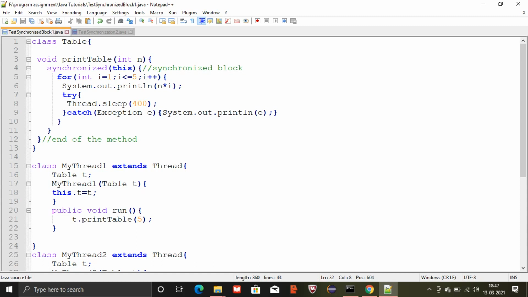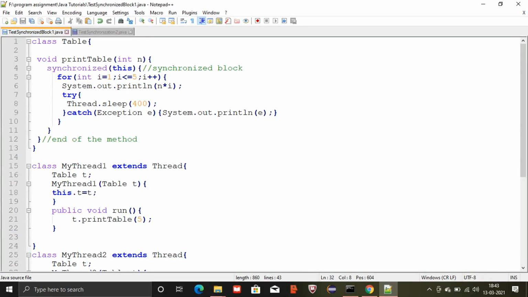We write synchronized, and then in brackets we write this, meaning that this block is synchronized. Inside the block we write for i = 1; i <= 5; i++, and then print the value of n up to 5 times, and again we call a sleep method